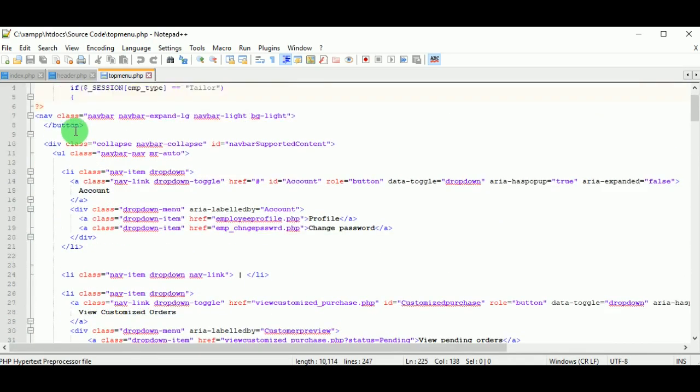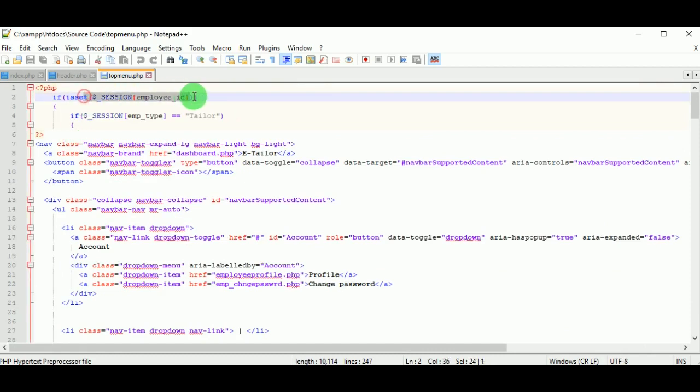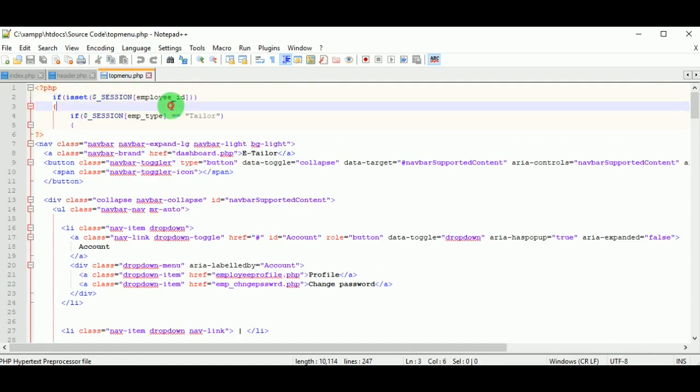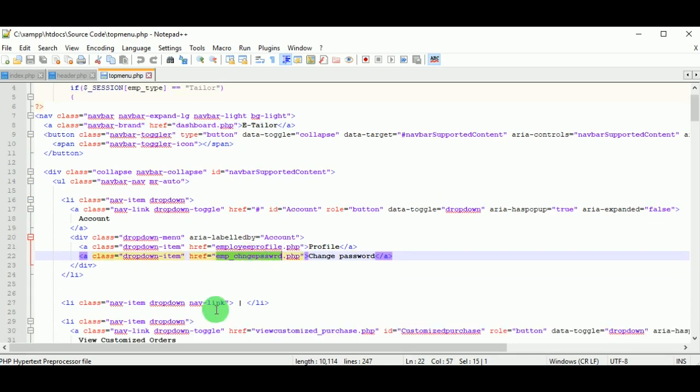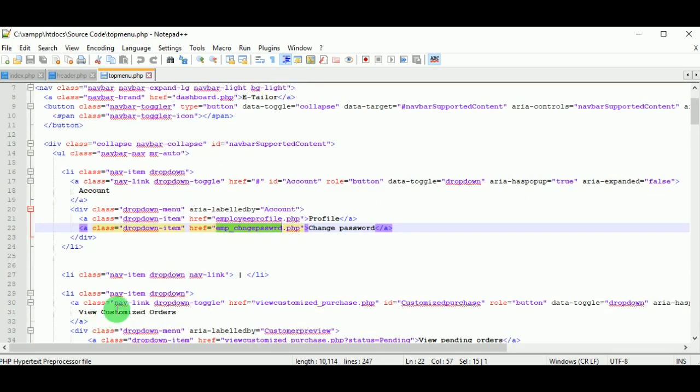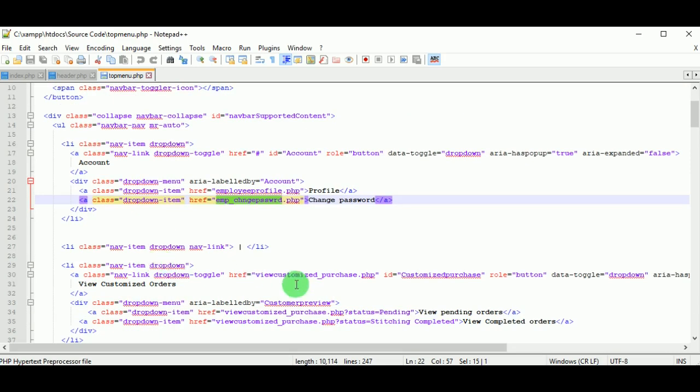So now let us see the code. There is a PHP tag. Within that it is written: if isset session employee ID, and employee type equal to Tailor. So if the person who has logged into the web page is an employee, and the employee type is Tailor, then these are the menus available in the top menu: profile, change profile, and view customized orders.